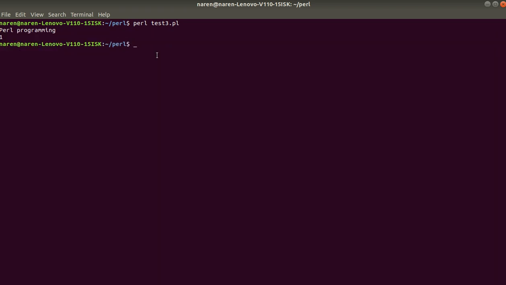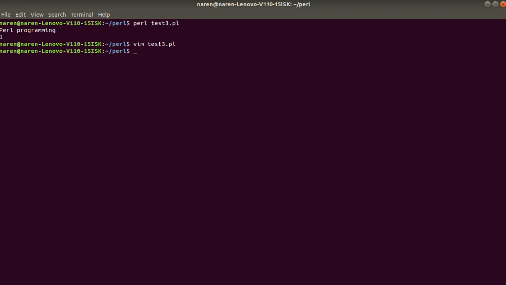Let me check what happens if we don't give the dollar symbol before the number. We have given the dollar symbol, right? Let me check what happens if we don't give this dollar symbol. For this we need to go to insert mode, remove it, escape, and :wq to save this file.